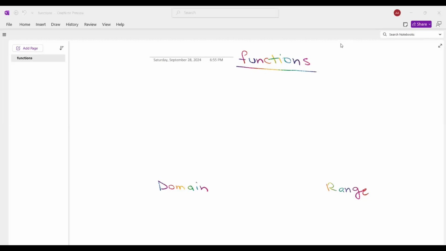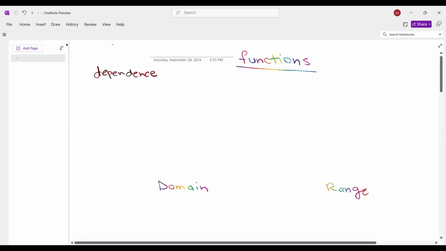So friends, in this video, we will learn about functions in calculus, and we will also go about learning the domain and range of a function, as well as how to evaluate a function from a given data and how to plot a function. So functions are used to represent dependence of one quantity on another, and its definition is